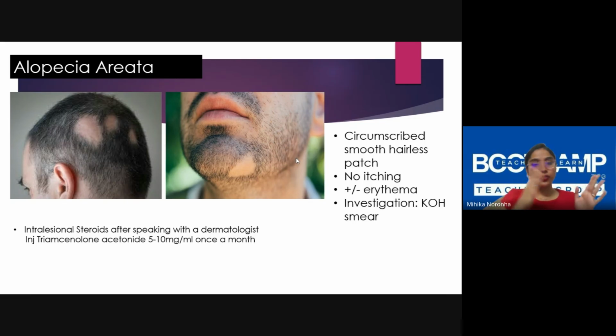10 mg per ml, you dilute it to 5 mg if it's on the beard area. Sometimes you might even want to do 2.5 mg if the skin is very thin. So just ask us before you down-regulate the dose. Don't give a higher dose than necessary. If you feel the skin is thinned out, atrophied, do not give the steroid injection. That means they've received it. There is a small possibility that this might have been a scarring alopecia, which is something you don't want to miss. So if you feel the skin is looking a little abnormal, not like shiny, smooth skin, please ask us before you give the steroid injection.